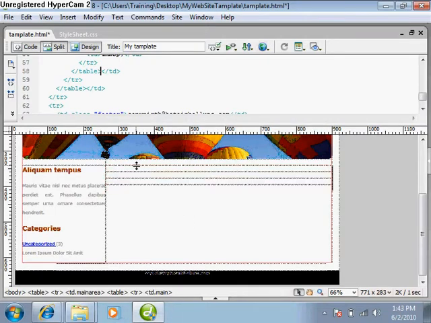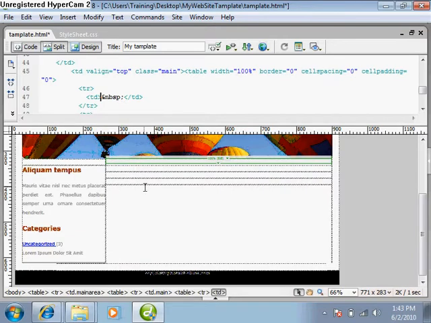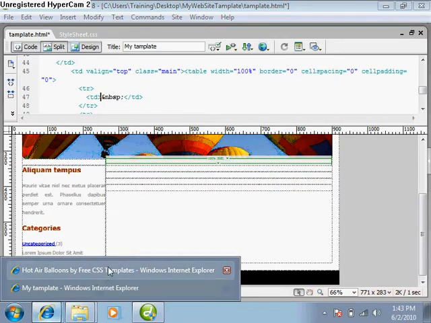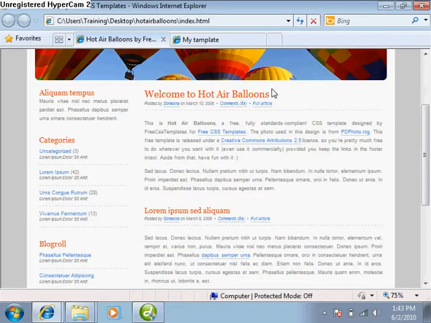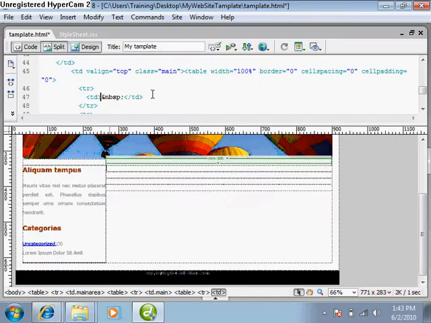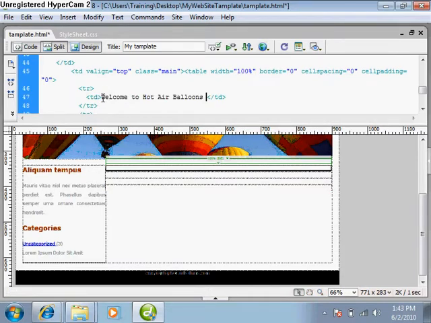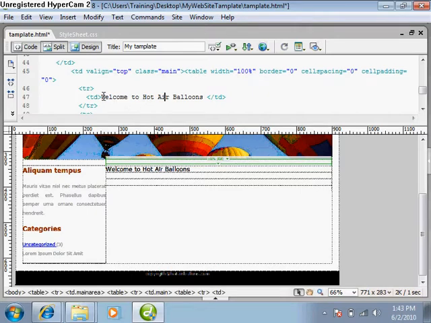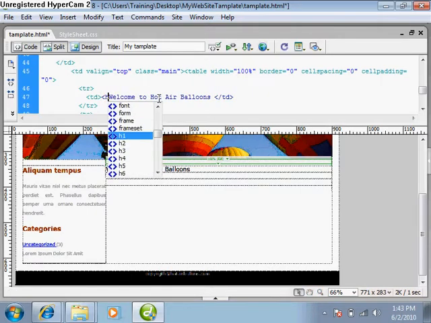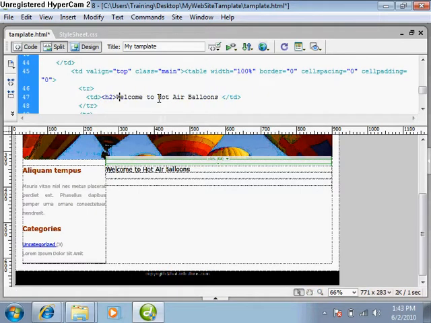Now this is my heading portion. Here is the welcome to HotAirBallons heading, so I take it from here and paste it here, and now it is normal. But if I apply an H2 heading